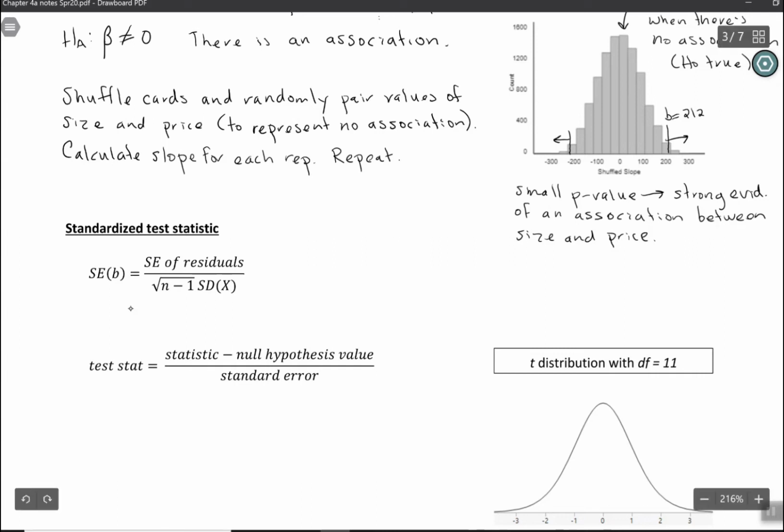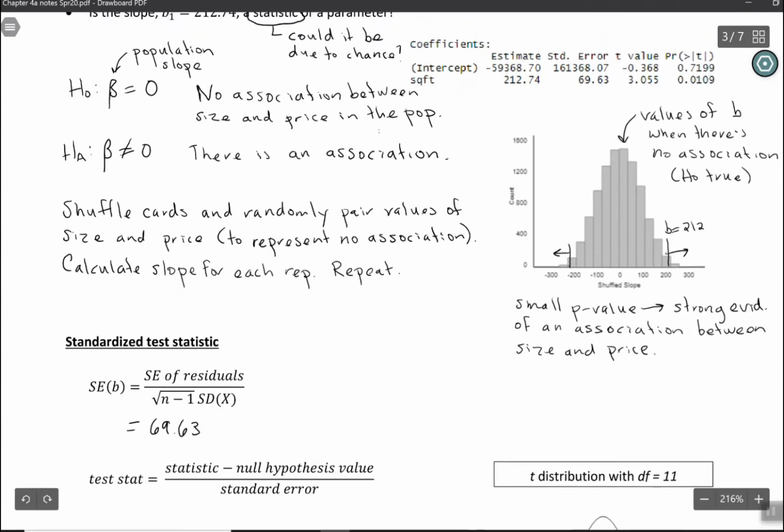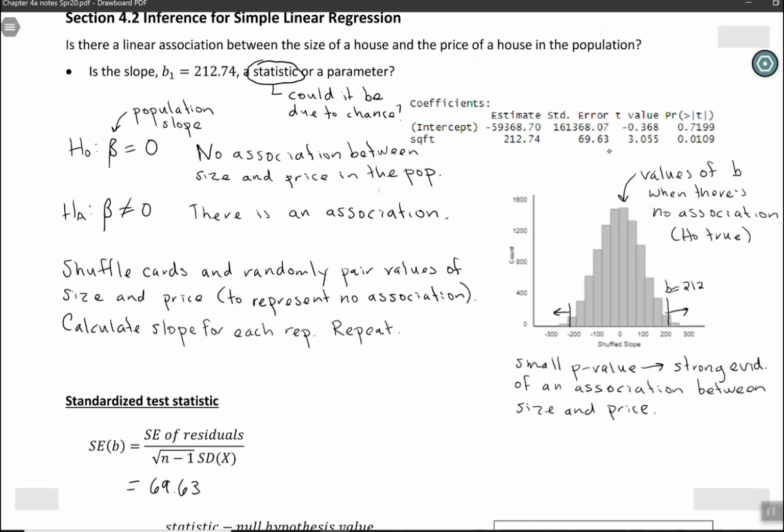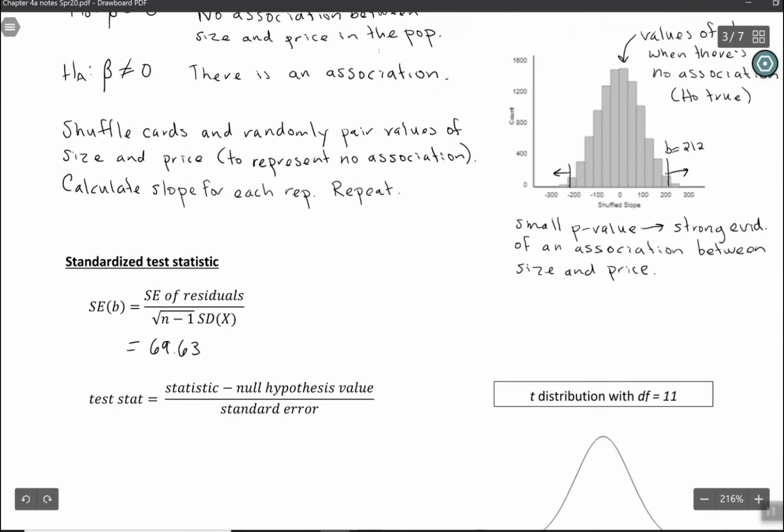So if you were to plug into this formula, I'm not going to have you actually do it because it's pretty gross, you would get 69.63. And notice that this is the number that's given up here, the standard error for the slope. The way you can think about what this number is describing is that it gives you the sample to sample